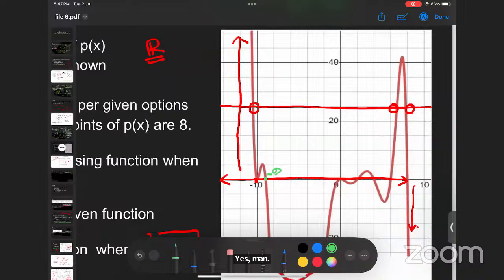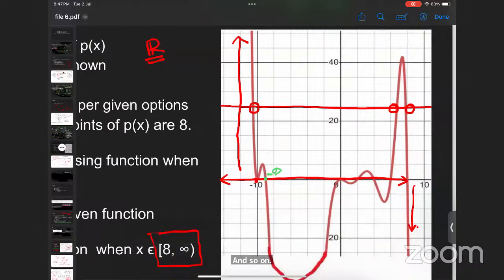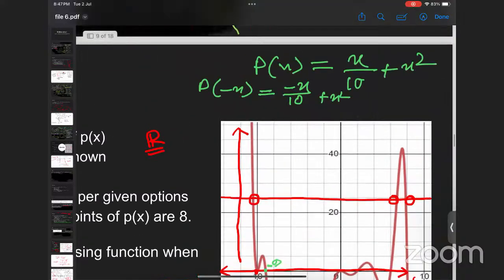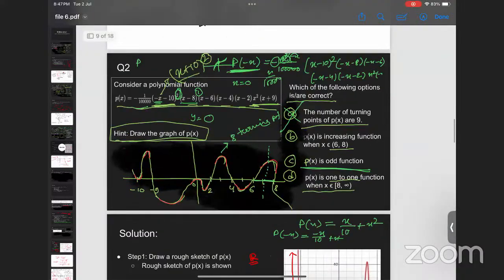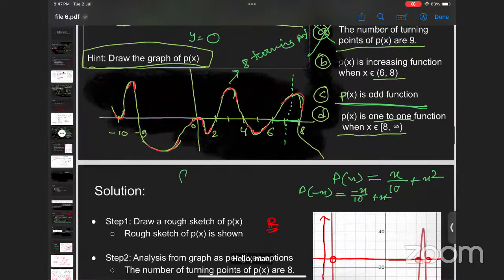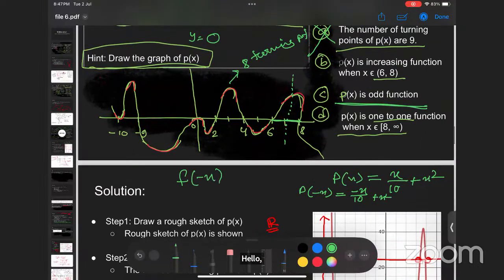Ma'am, I had a query: can we find whether the function is odd or even by calculating the sum of powers of the equations? See, what we know is, if we have f of minus x,